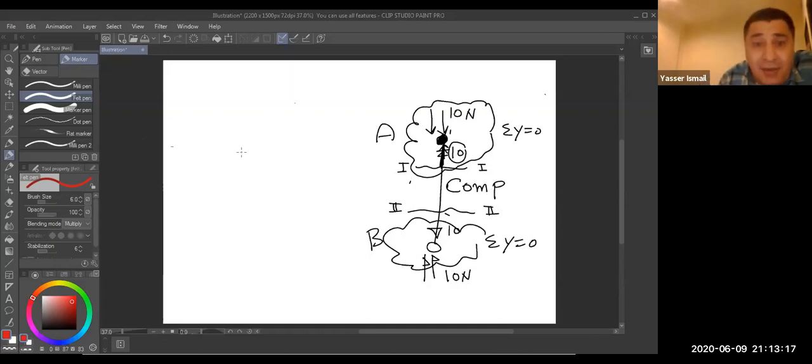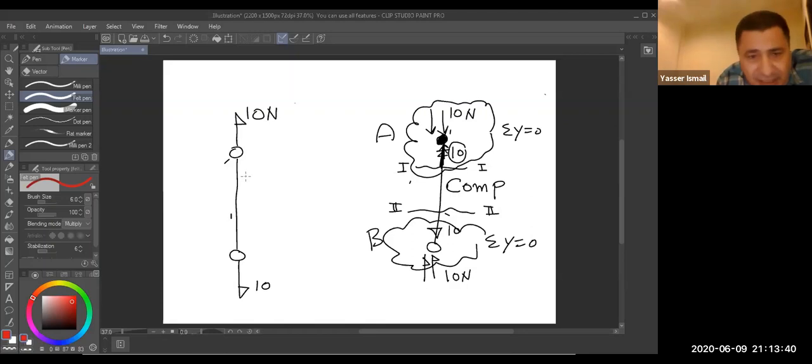Take the opposite case. Opposite case, I have a joint, a member, and I have forces in this direction. See, tension. This 10 Newton. And here is 10. Of course, 100%, this member has tension, internal tension force. But how you are going to define it? Let us take a section here, section here, and section here, and section here.